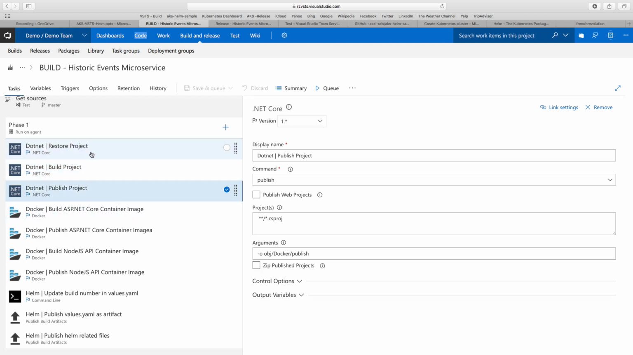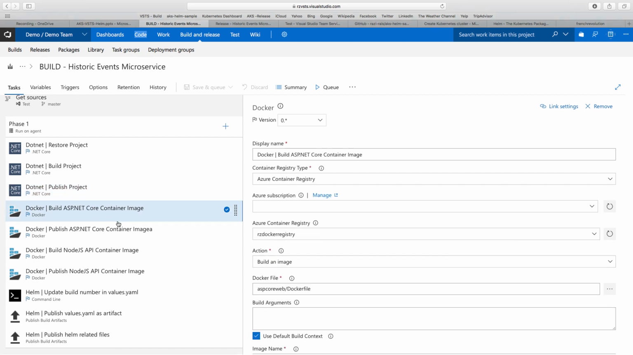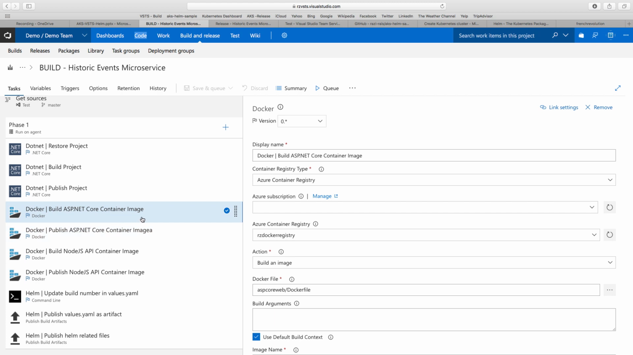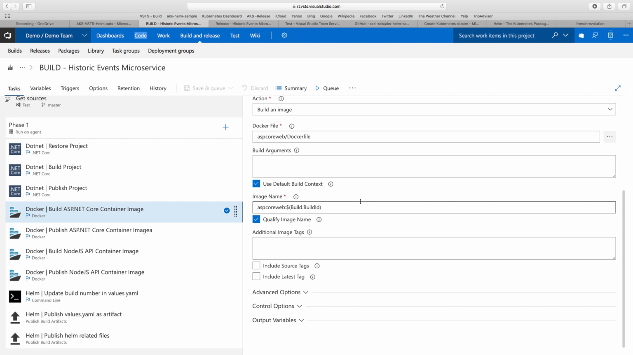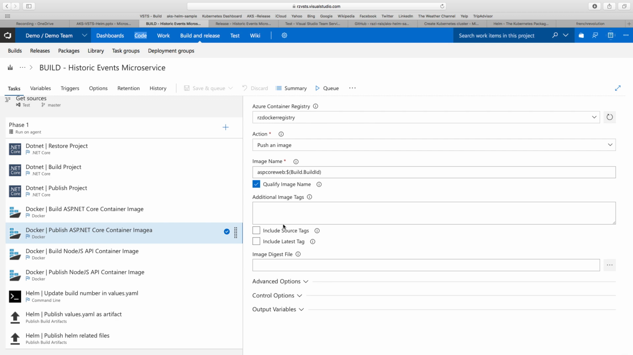Now, once you have your project published, so now you have the actual assembly ready, you will go ahead and create a container. This is important that we do it every time, because we want to make sure that we are releasing the latest code. Now, this particular task, if you're familiar with Docker, then maybe you already know what this is. Essentially, it allows you to build, and then it will allow you to publish the particular image to the Docker